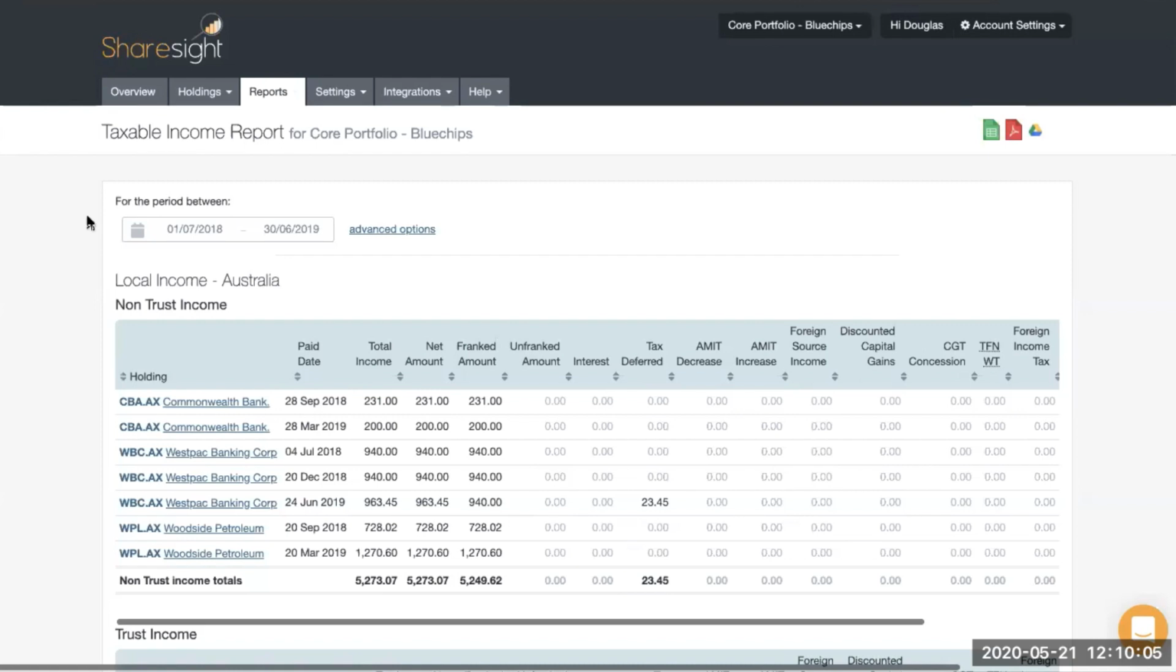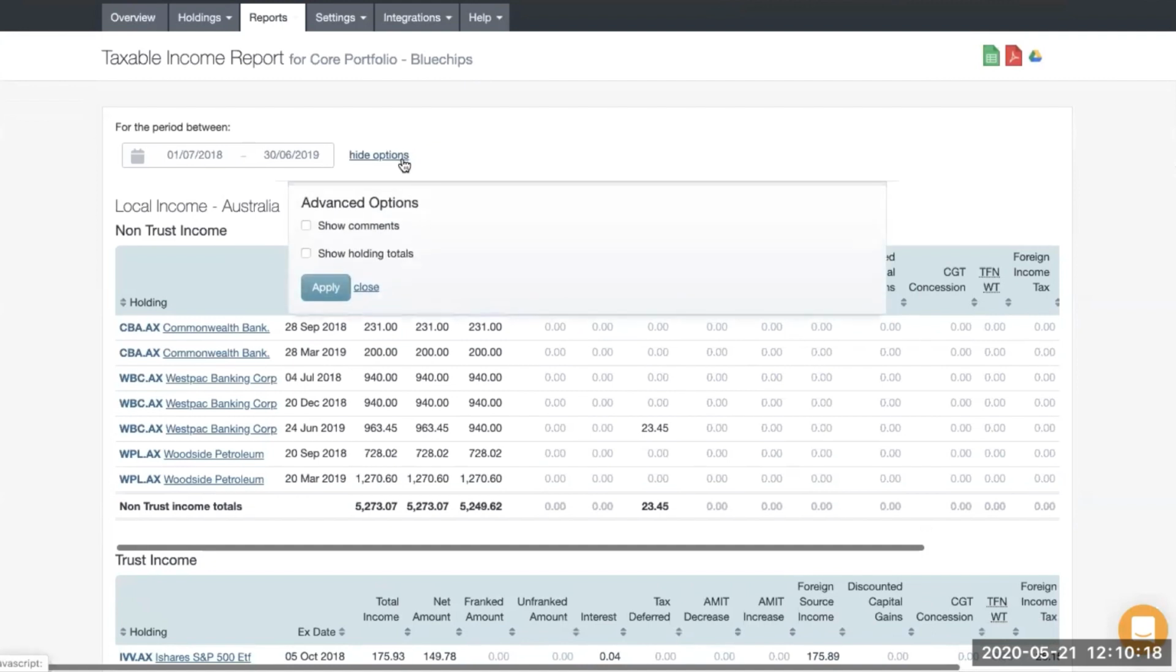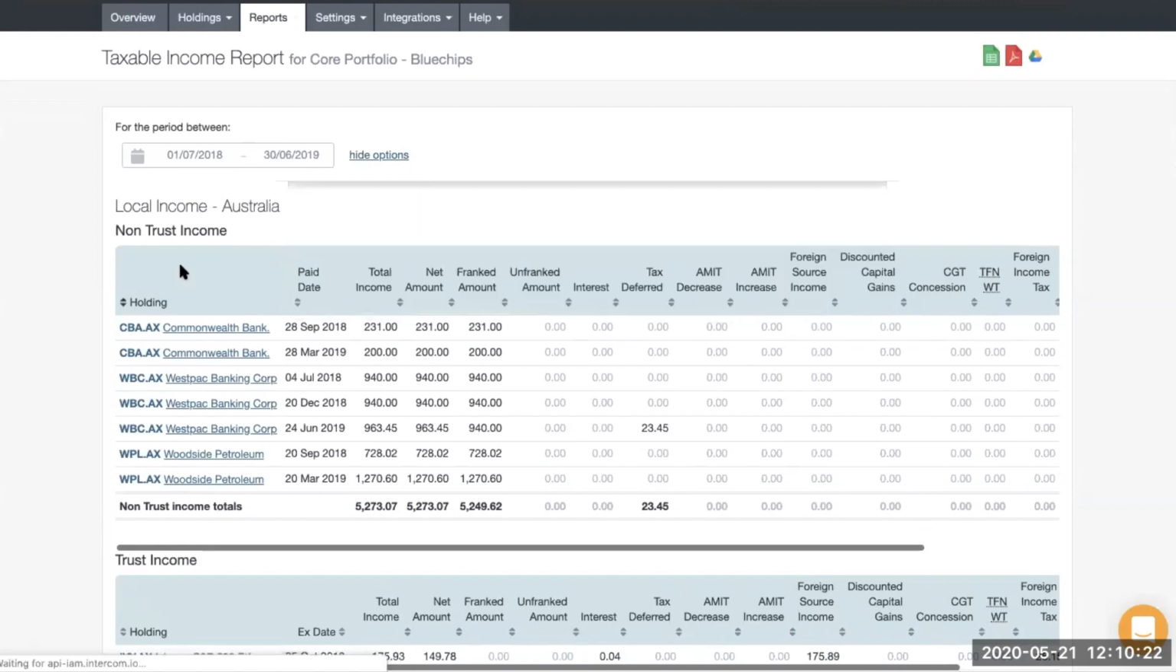All right, so we've touched on date range, we've touched on how the report is organized. Just a couple of other little tips and tricks on this report. There are a couple of very powerful options hidden a little bit inside this advanced options menu. The first one I'll show is show comments. So if I tick that and apply,